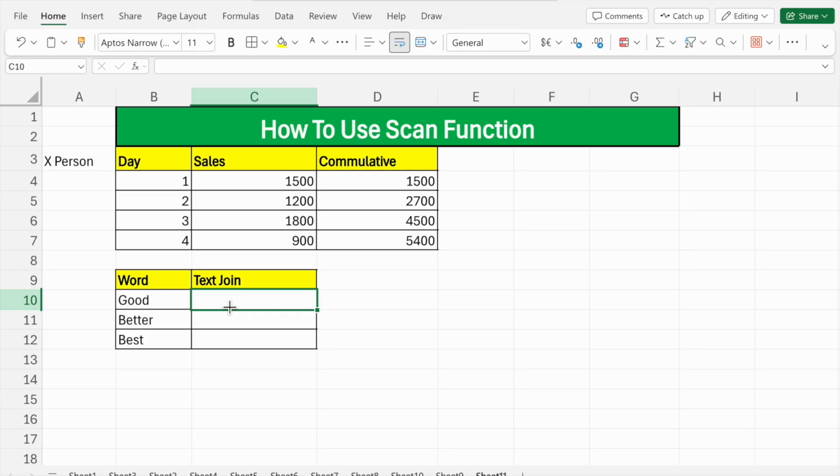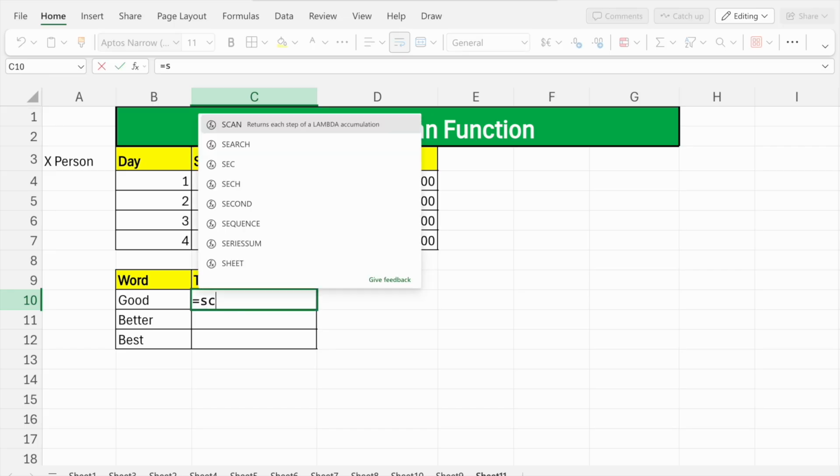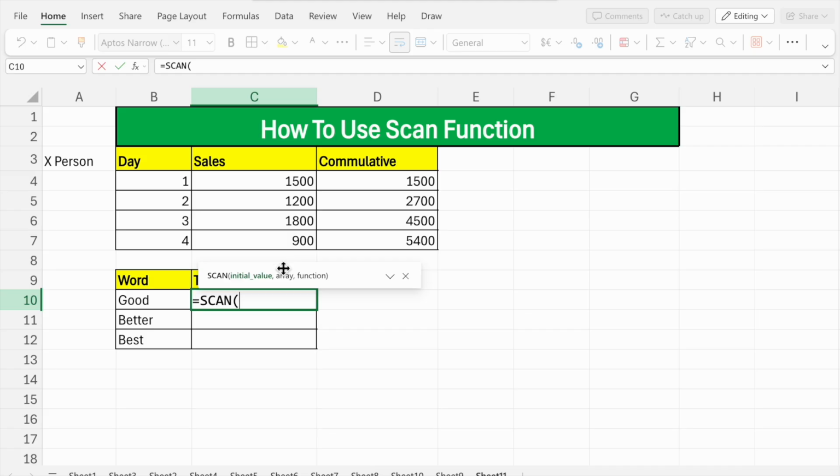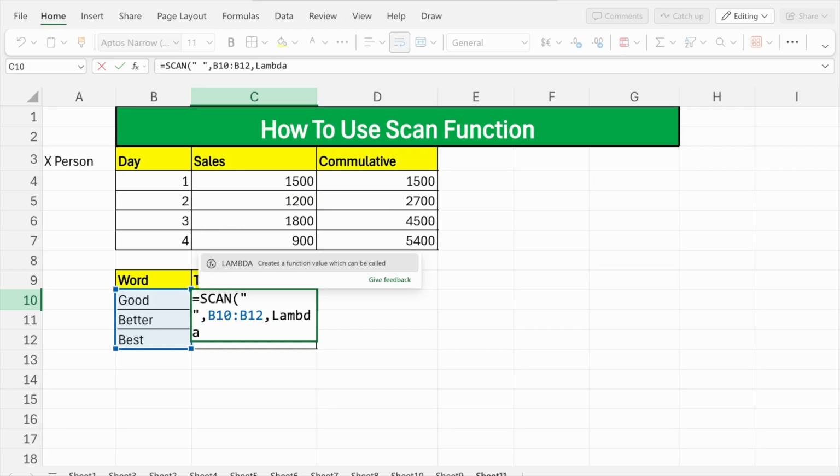In the next example you will see how to use the SCAN function for text joining, running text joining. So how to do it? You press equals, then SCAN, then type an empty text in inverted commas. Then comma, choose the array, then comma, LAMBDA, bracket open. Then you have to type a, comma, v, comma, a,